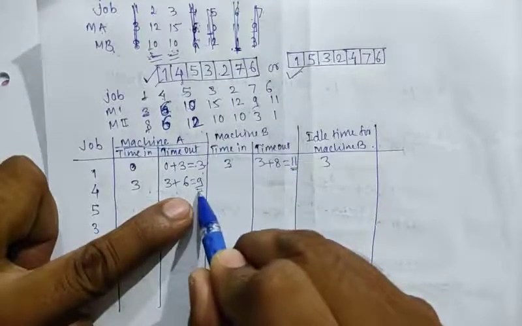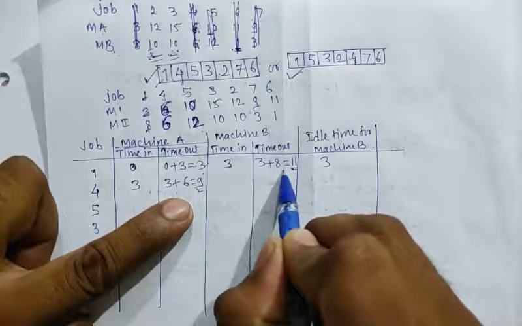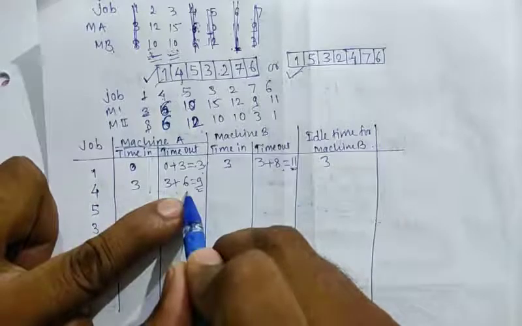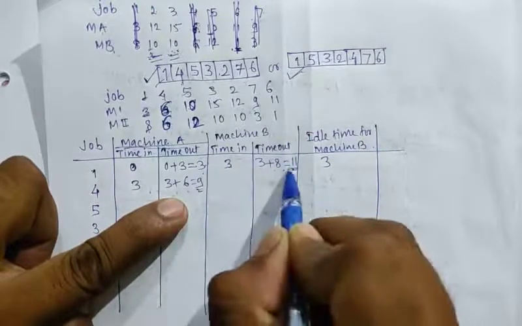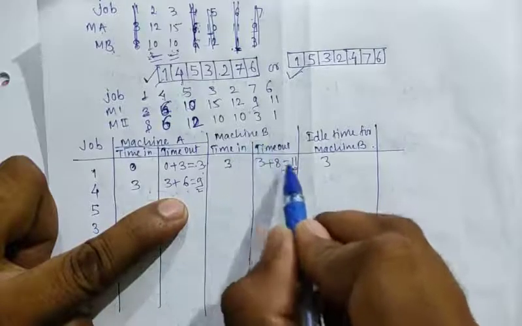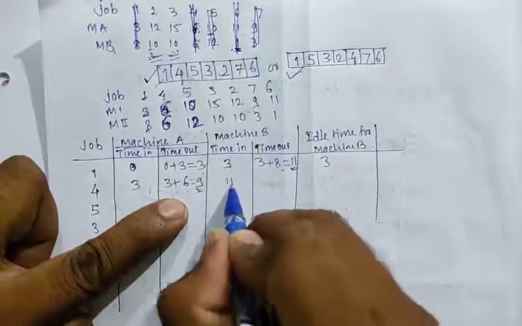Okay, so here the time out of machine B is 11 hours, and the time out of the first machine is 8 hours, but it requires more time. So in this case machine A will be stopped while it processes machine second. Okay, so the maximum of these two times is 11. So we get 11.